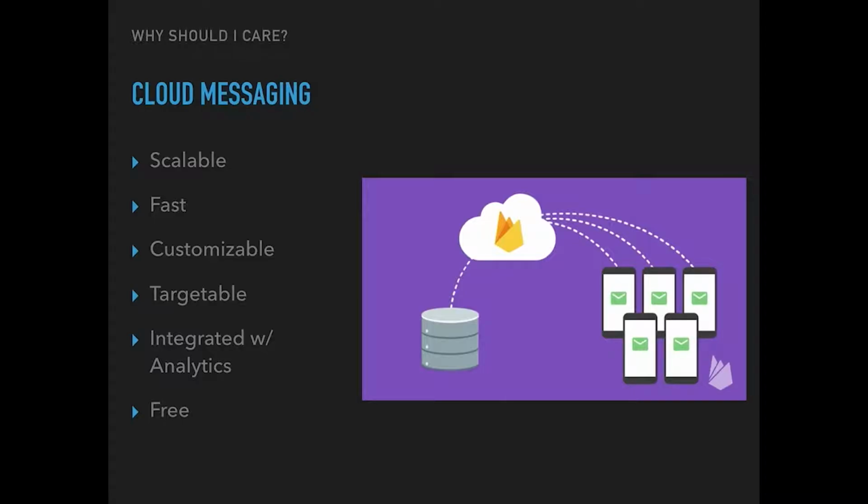Next up is targetable. With these messages, you can choose to only send messages to a subset of your users. So you can use their predefined segments. An example of a predefined segment would be by app version. Say you've released a new version of the app and you want to send a reminder to all your users on a previous version, hey, the new version's out, you should really consider upgrading for X, Y, and Z. With these predefined segments, you can choose, hey, message users of this version, and it will just send the messaging to those.